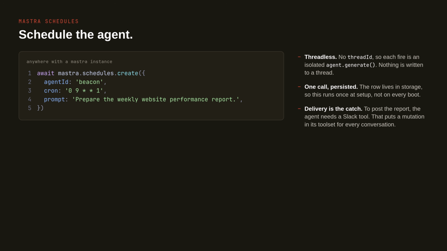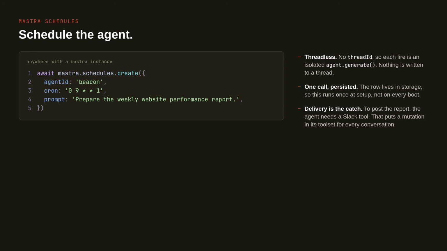So here's an example of scheduling with Mastra for an agent. You can see here that the Mastra API just has mastra.schedules.create, and you give it the agent ID. So that's the ID that the agent has. So in this case it will be Beacon. And then you can give it a cron syntax for how often you want this to run. So anything that cron supports, you can pass in there as well. And there are also some aliases that you can use too. And again, that's all documented in the docs, and I'll link to those.